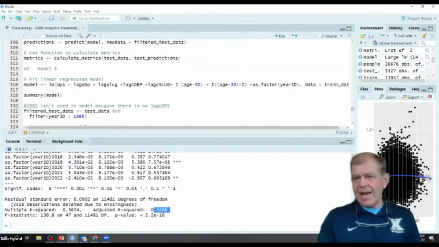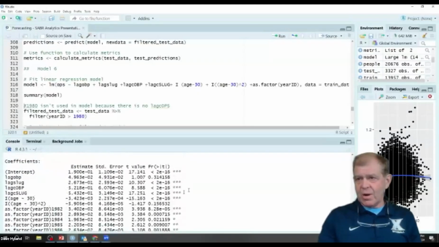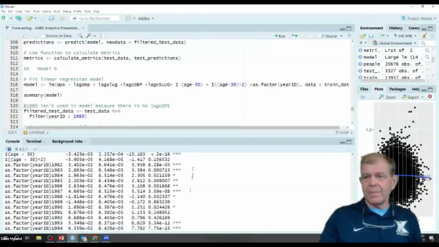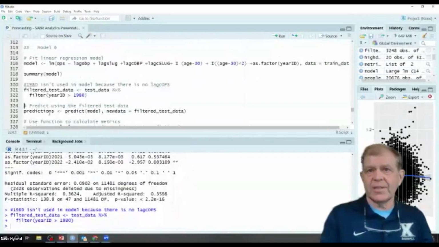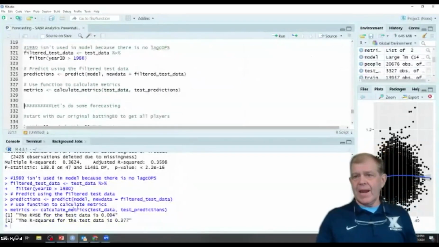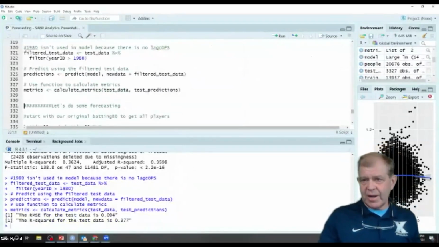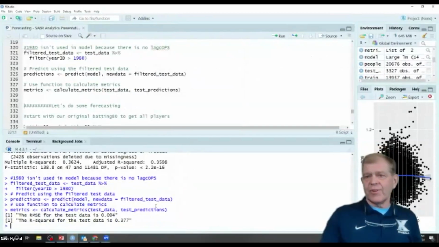Notice maybe a little more explanatory power, but most of the variables are statistically significant, with the exception of lag OBP. And we'll go ahead and test with our test data. And our root mean square error has gotten lower than we started, and our R squared for the test data is 0.377.